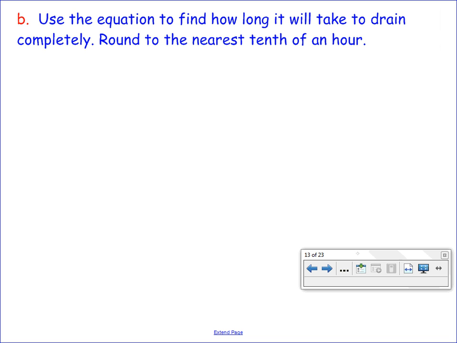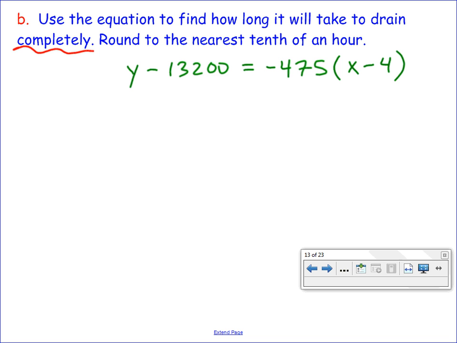So once again, we'll start with our original. Y minus 13,200 equals negative 475 times x minus 4. When the pool has drained completely, how many gallons remain? 0 gallons remain when it's drained completely. So we'll plug in 0 for the gallons remaining. Is gallons remaining my x variable or my y variable? Y. So let's everybody go ahead and put in 0 for y, and that will allow us to